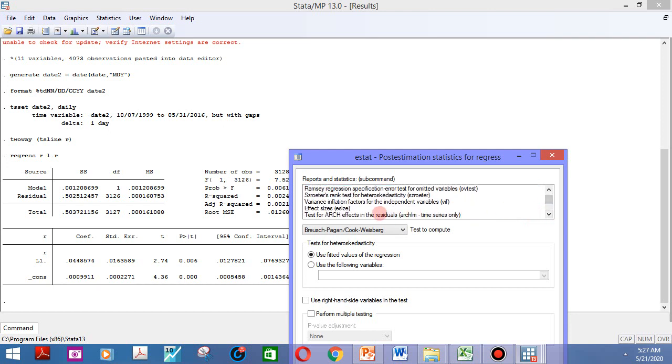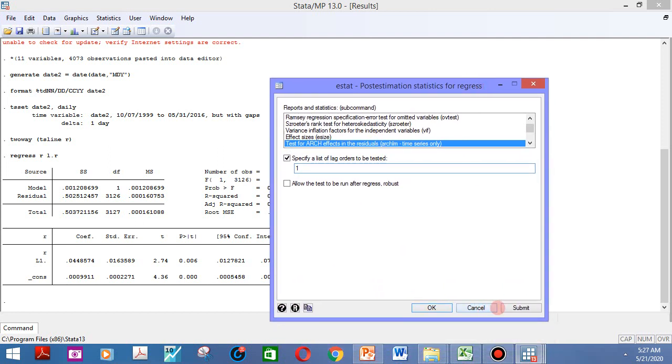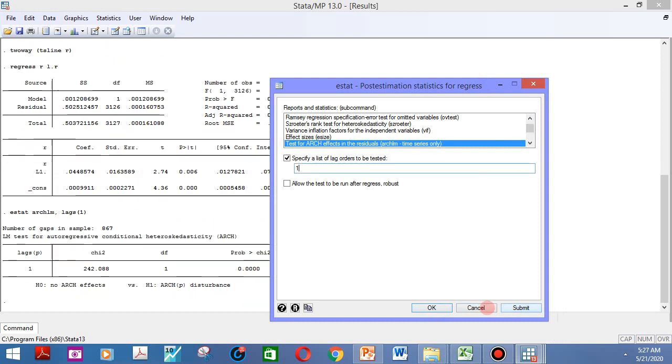So here we use the test for ARCH effects in the residual terms. We have different orders of ARCH effect: ARCH 1, ARCH 2, ARCH 3. So for ARCH 1 effect, here we take 1. For ARCH 2 effect, we take 2. Now submit. We have the results.